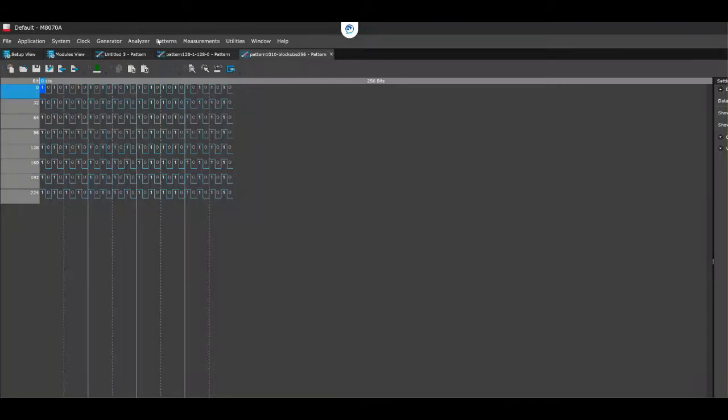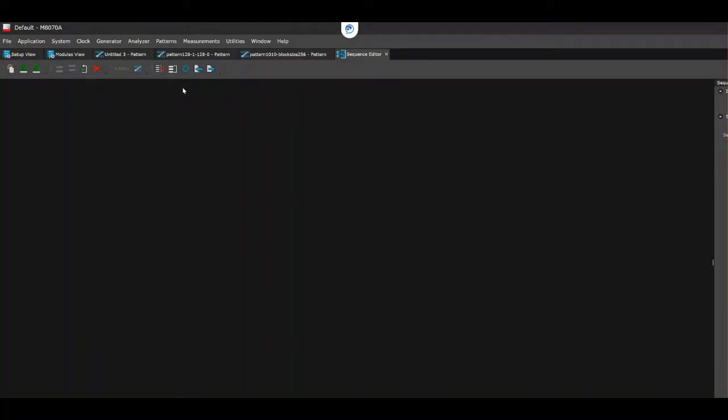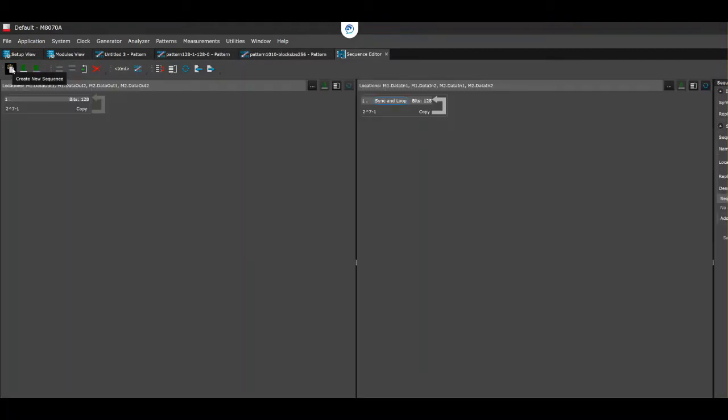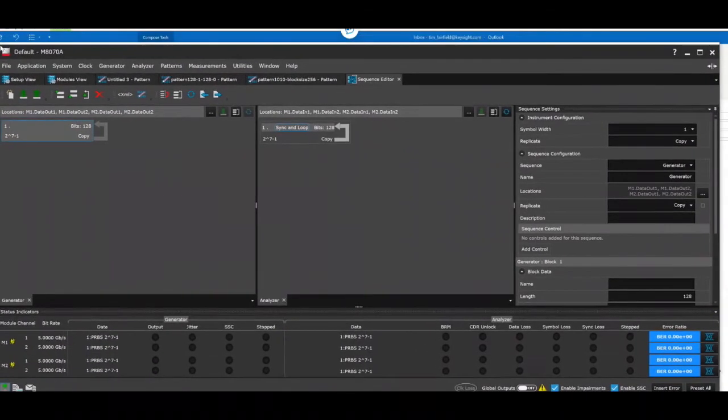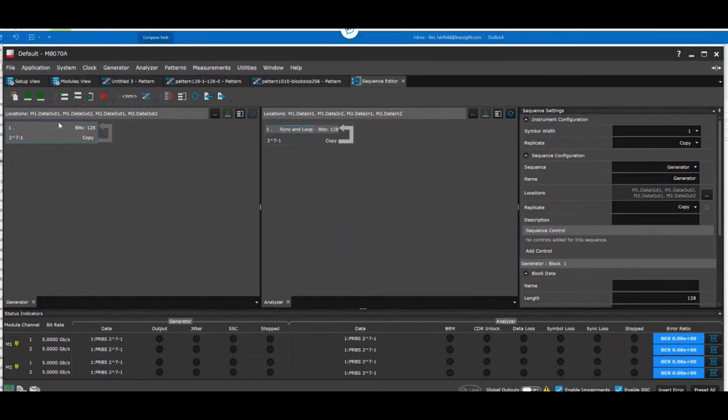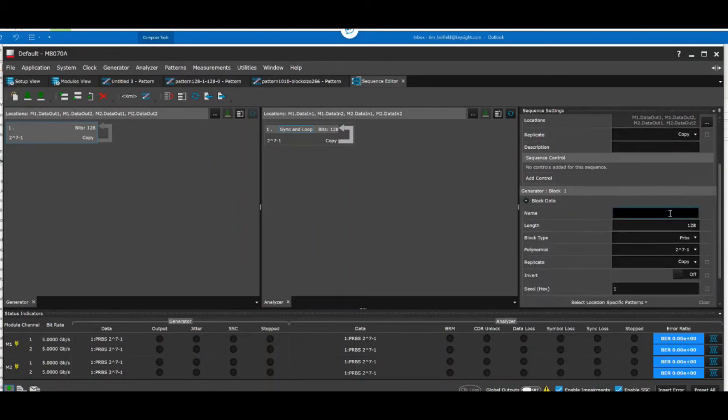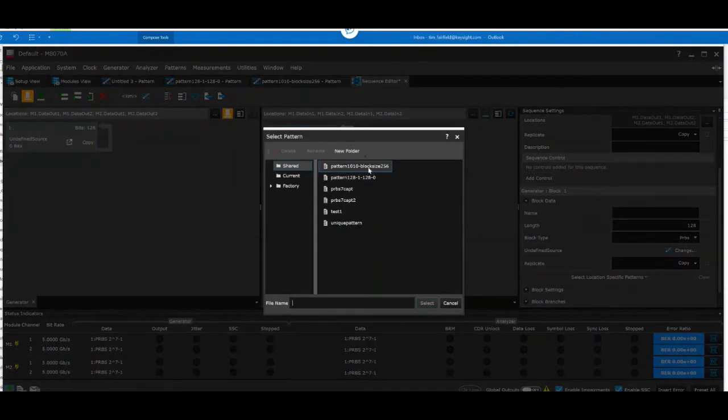Then we can go in and create, if we wanted to, sequence editor, and then say we wanted to make some sort of burst. We're going to create a new sequence. We can go in here. And what do we want to do? We're going to do sequence generator, block data. We don't want PRBS, we want memory pattern. And now we want to do select,